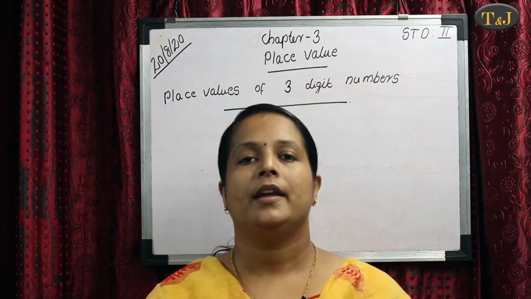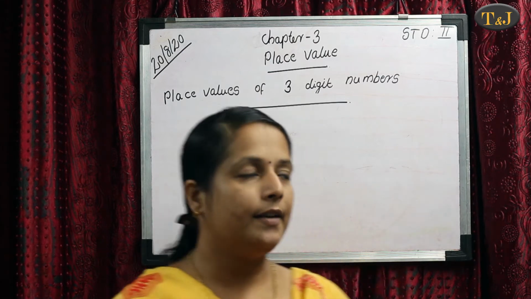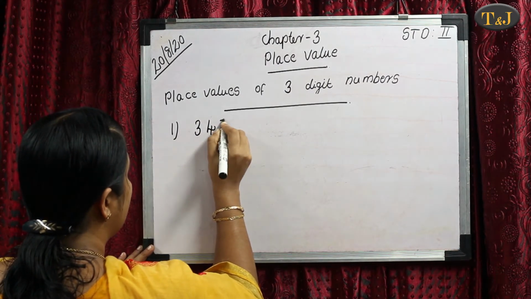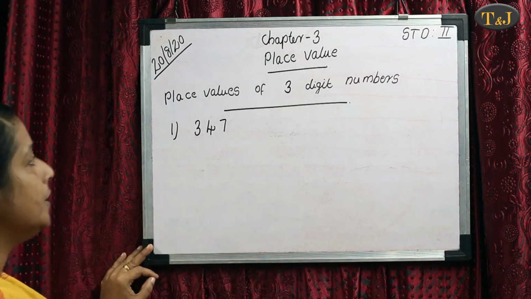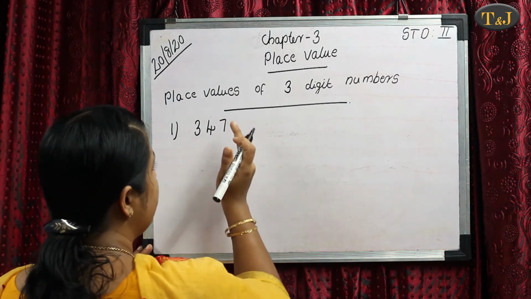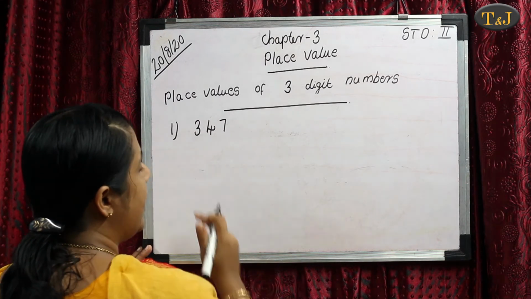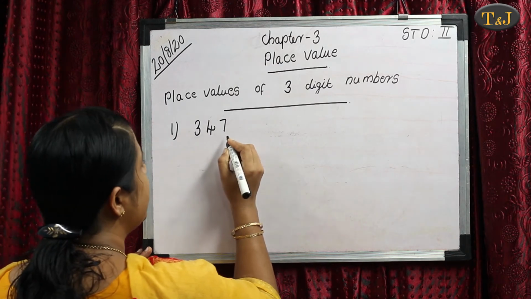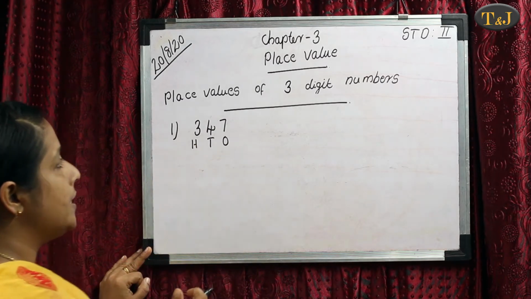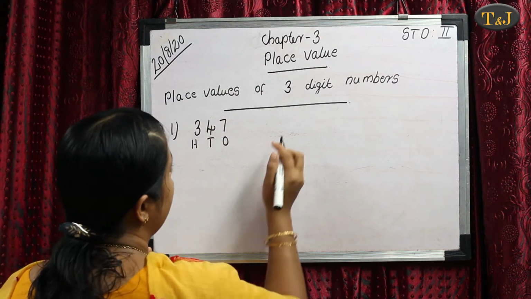Okay. Next we are going to take another topic, place values of a 3-digit number. Consider the first example, write the number 347. We already learned how to read this number in our second chapter. First we write the places: ones, tens, hundreds. Then we read the number 347. In the same way we write the places of these digits. In the previous section we wrote the place values of 2 digits, that means first we write 4 and 7. We write it the same way.